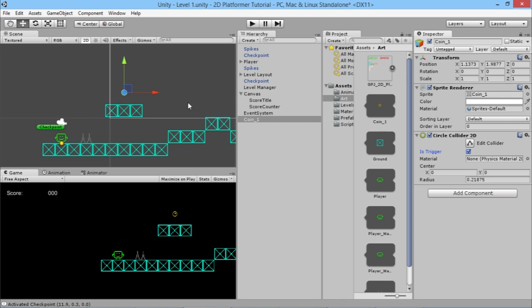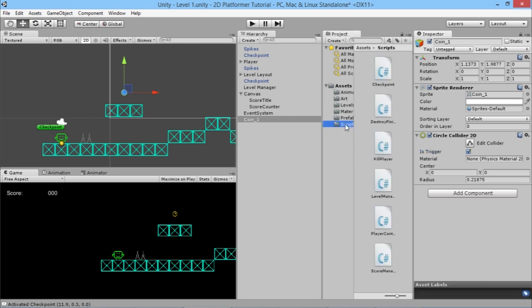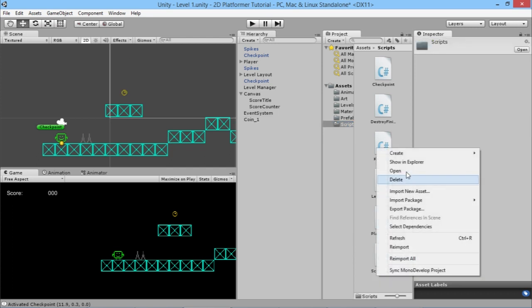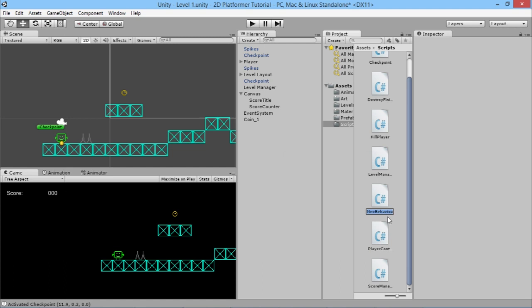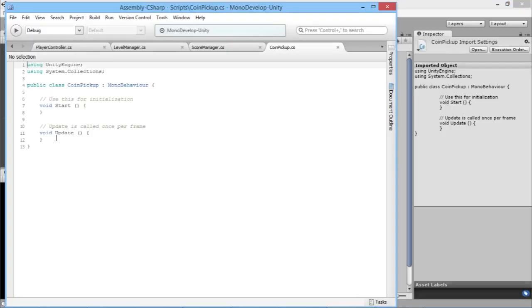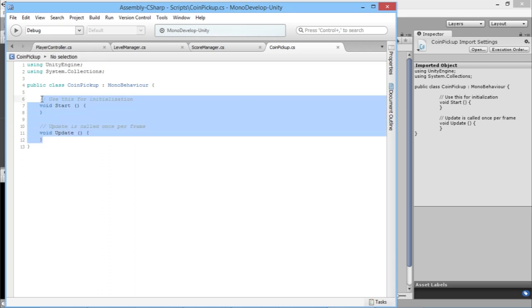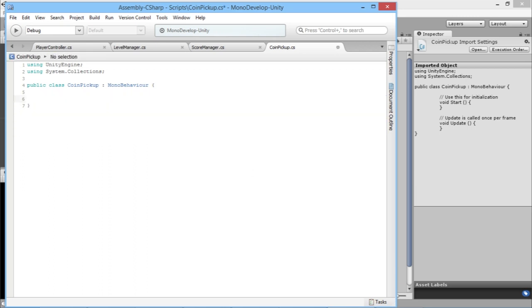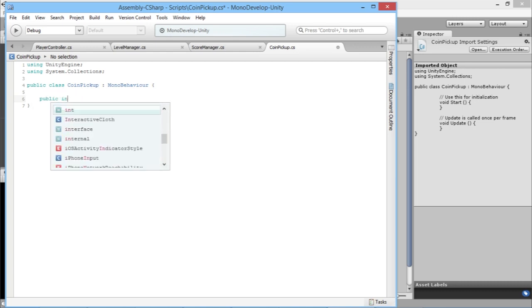So now what we're going to do is add another script to this coin that will handle adding points and being collected by the player and all that fun stuff. So we'll create a C# script, and we'll call this one coin pickup. Once again, we'll open it up in MonoDevelop. And again, this little bit of script is going to be relatively simple also. So we'll just delete that. So the first thing we want to do, we want to be able to decide how much our coins are going to give to our player. So we'll say public int